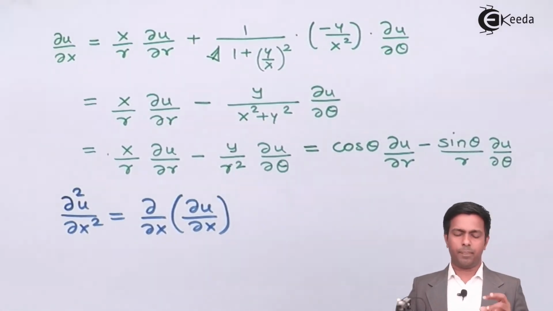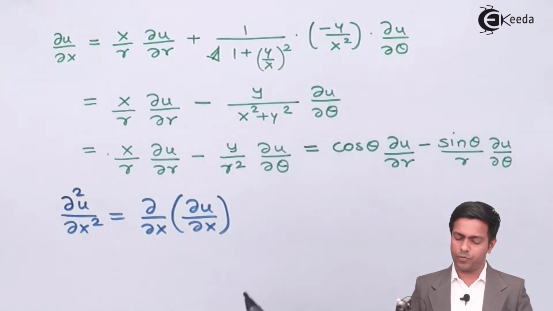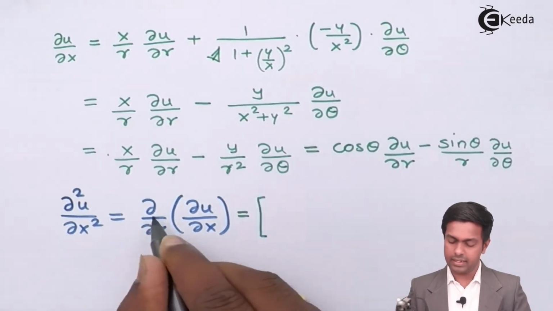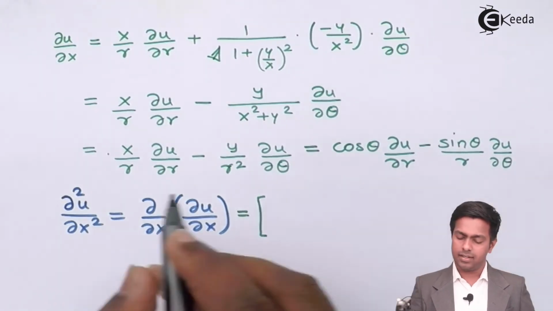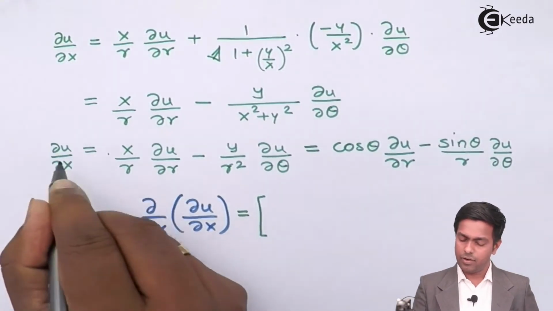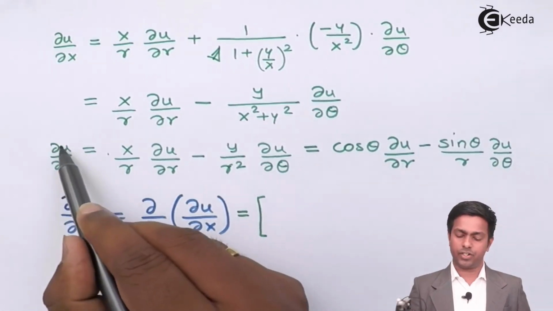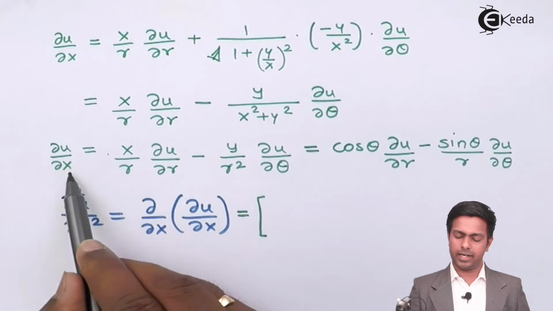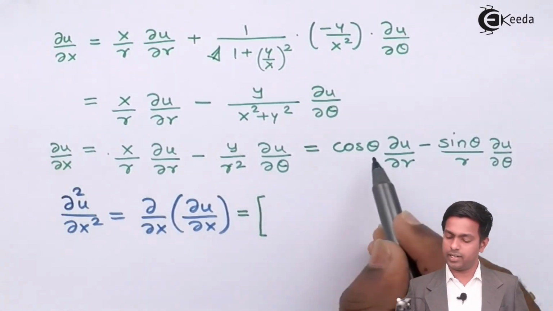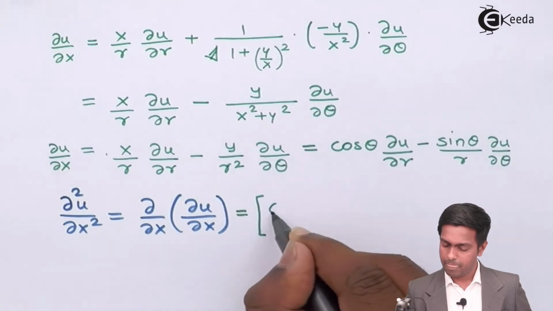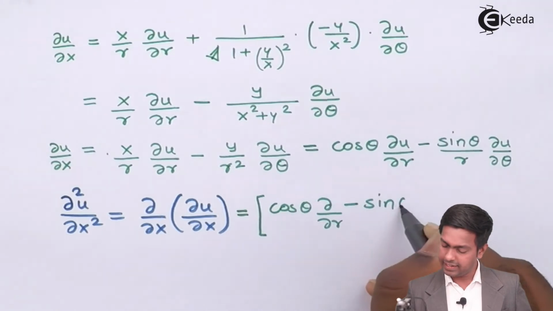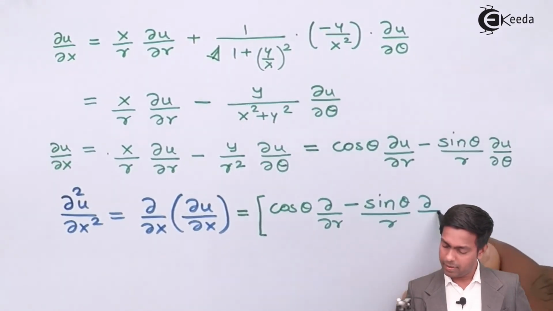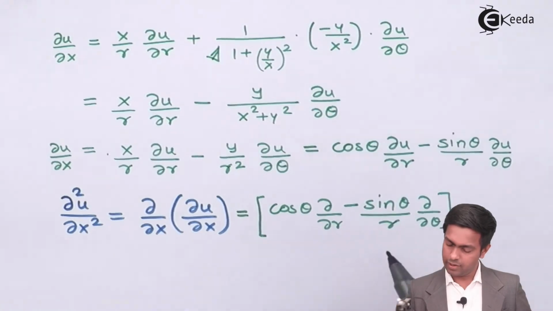So what we'll do, I'll apply the same logic, same strategy which I have applied in the previous video. So here we'll substitute a few values. For this ∂/∂x, as we know that this is the value of ∂u/∂x, here I'll write it is the value of ∂u/∂x. From both sides we'll eliminate this function u. So if I eliminate u, I get ∂/∂x, and for ∂/∂x we'll get the value as cos theta ∂/∂r minus sin theta upon r ∂/∂θ. So we'll get this value.